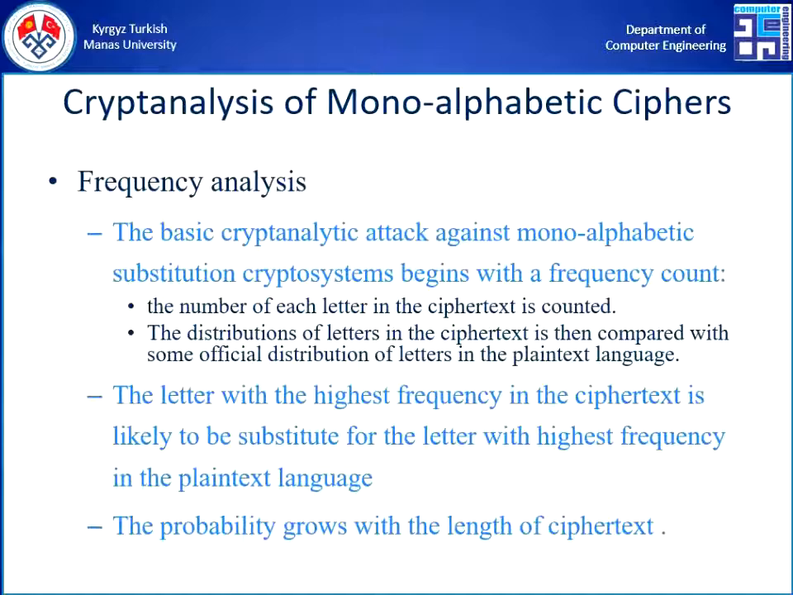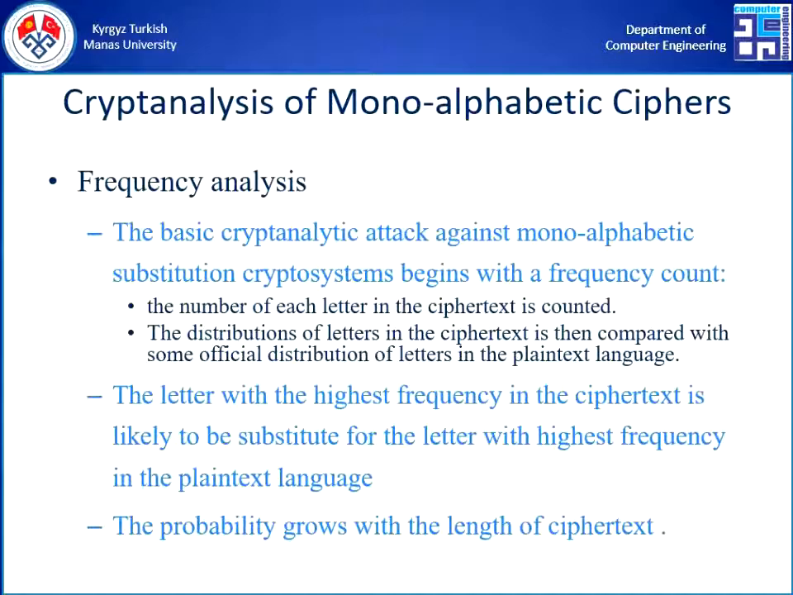The basic cryptanalytic attack against monoalphabetic substitution cryptosystems begins with the frequency count. That is, we count the number of each letter in the ciphertext. For many languages, the official distribution of letters has already been calculated, so we can prepare this attack on a cipher just by comparing the distribution of letters in the ciphertext with the official distribution of letters in the plaintext